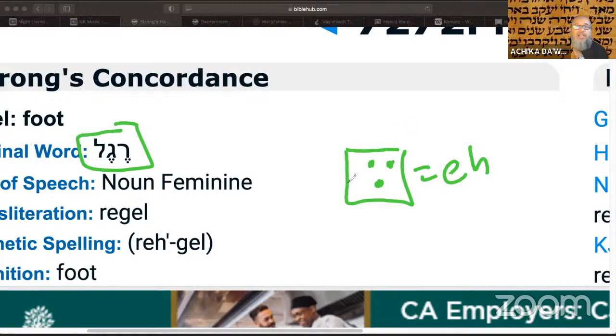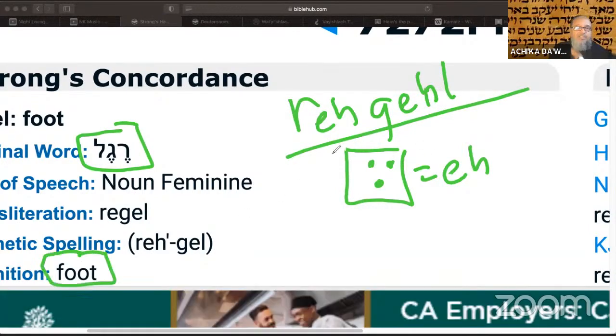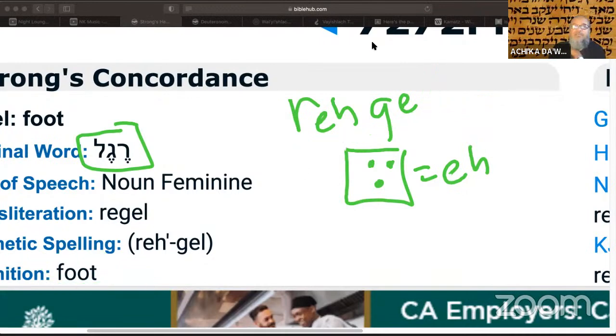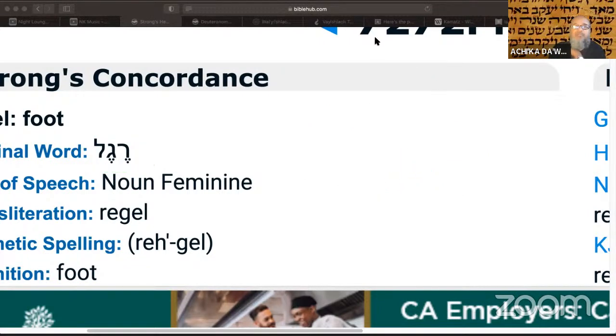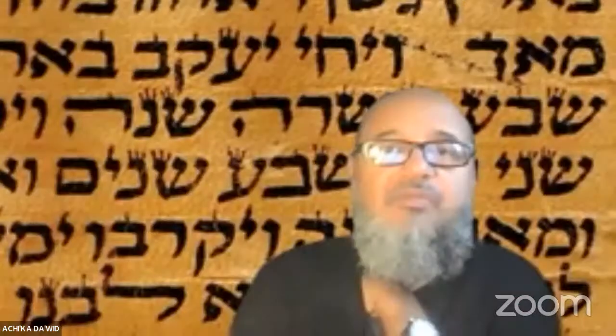So the first one is re, and then the second one is G, E-H, and then an L on the end. How do I say that? Regel. And the regel means a foot. That's what it is. Hope you guys were able to